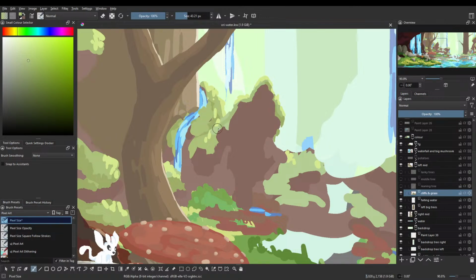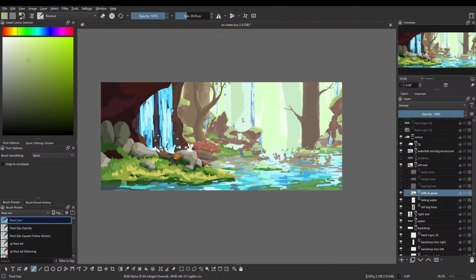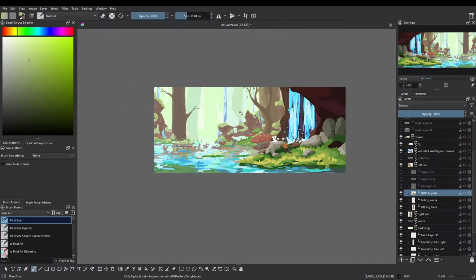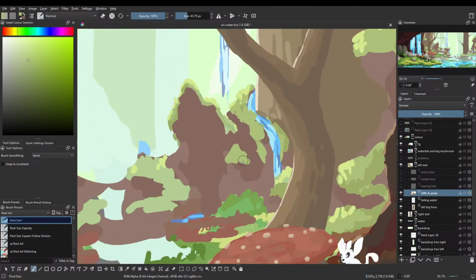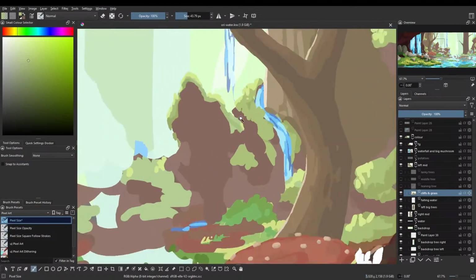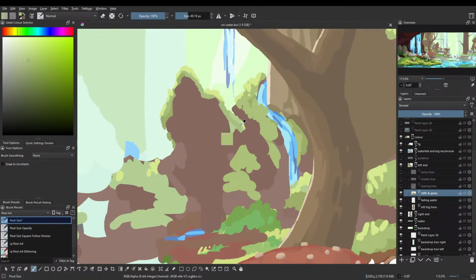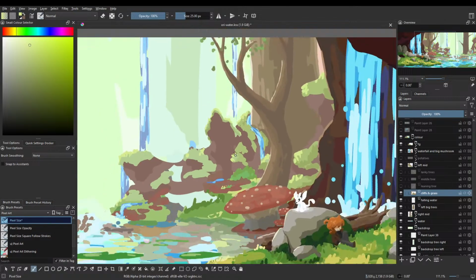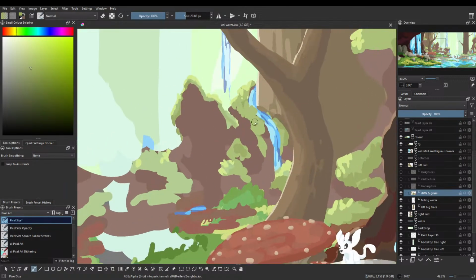So maybe a little bit of that, and then we have, ooh, look at this, look at this. That's the idea. We have this also be like a ledge. Yeah, this is starting to look like something. And then we can try and straighten it out into more of a pronounced slope, if you catch my drift. And then we probably have a darker shade around this side of it.